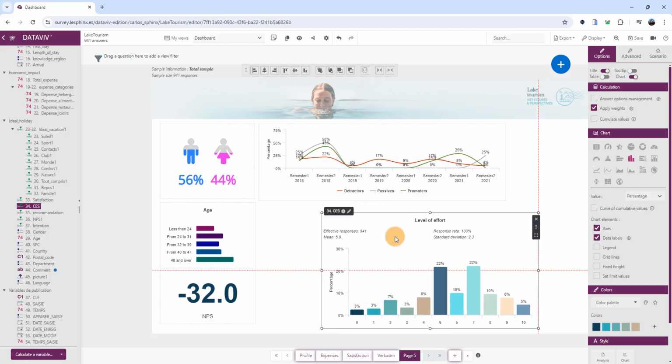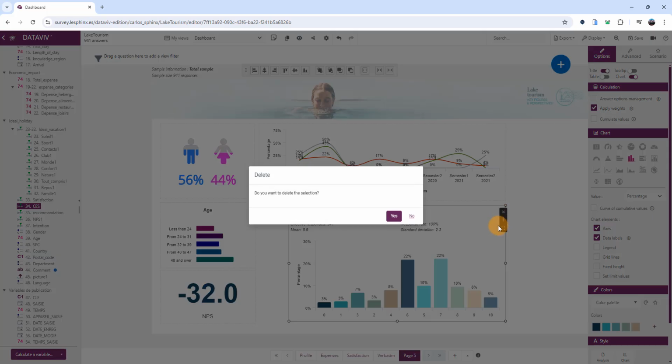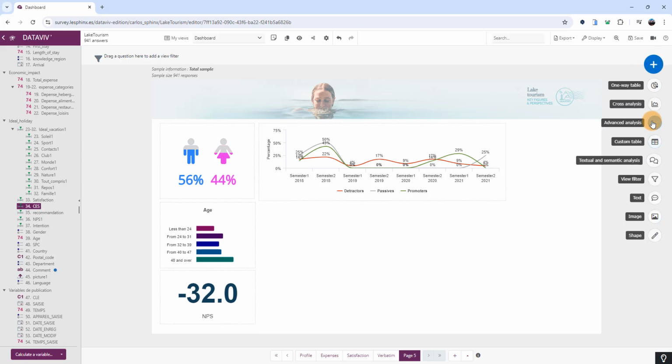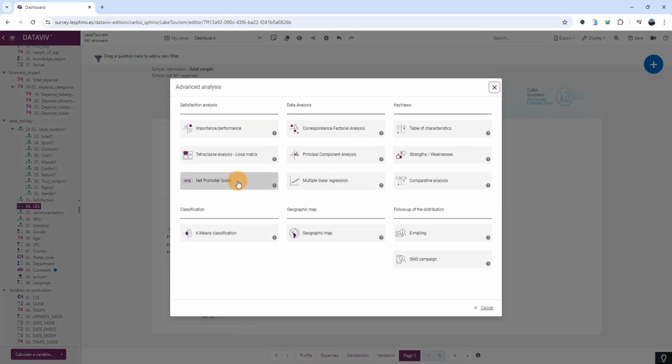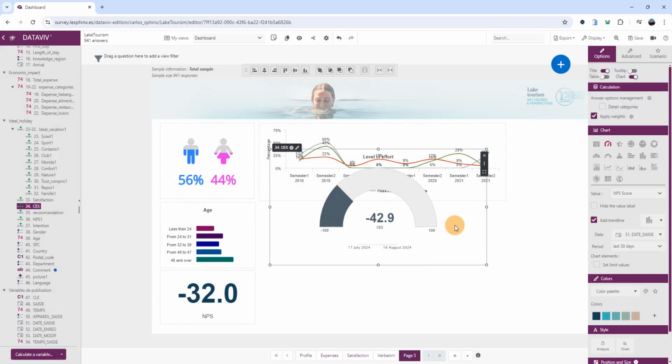Now with a variable such as customer effort score 34, dragging it onto the screen creates a column chart by default. So instead of this, I delete this and go to Advanced Analysis, click on Net Promoter Score, and select this variable, change the acronym. There's also an option to rename these categories and move scores into different categories. We now have this gauge chart,